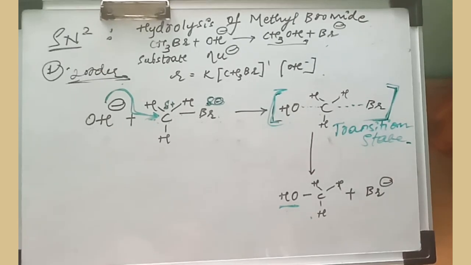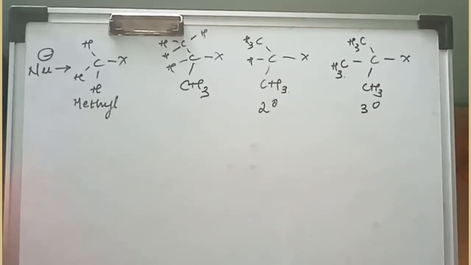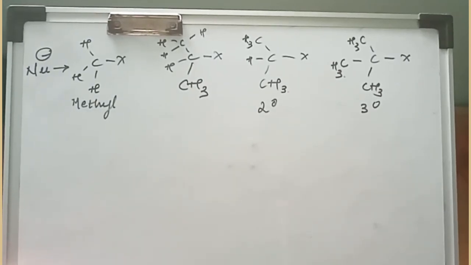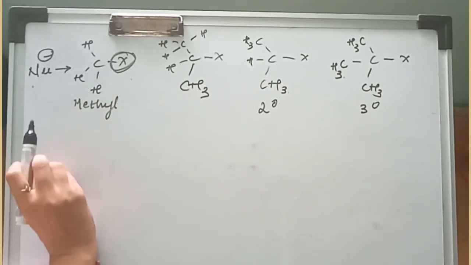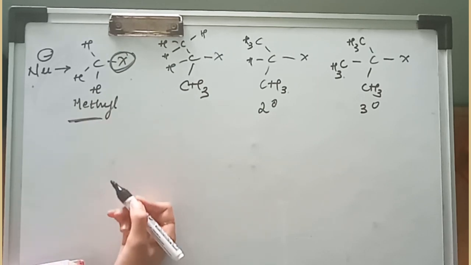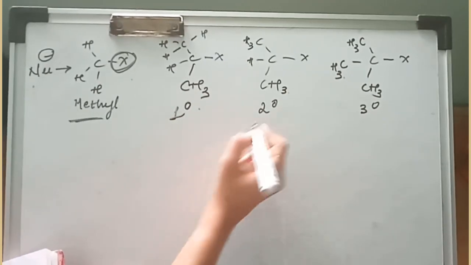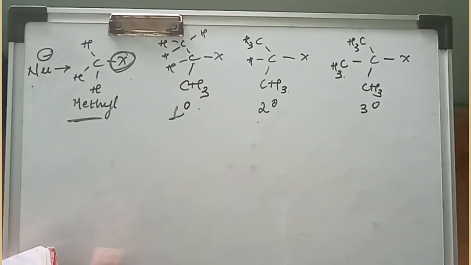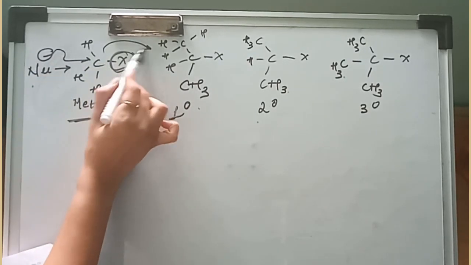That is also important. In case of SN2, what happens is the approach of the nucleophile from the end opposite to the carbon atom bearing the halogen atom, that is the leaving group, will be taking place. That means where the halogen atom is attached, the approach of the nucleophile takes place exactly opposite to it. So I have written here various alkyl halides. This is methyl halide, this is primary, this is secondary and then the tertiary. So what will be the reactivity order for the SN2 mechanism? You can see the nucleophile has to attack this carbon and the X has to leave from this.